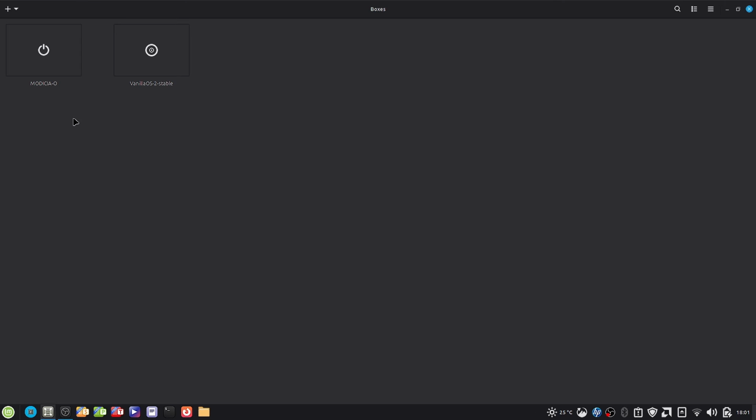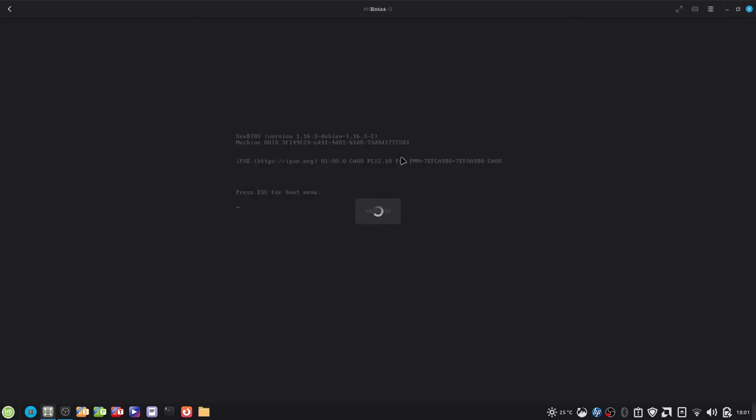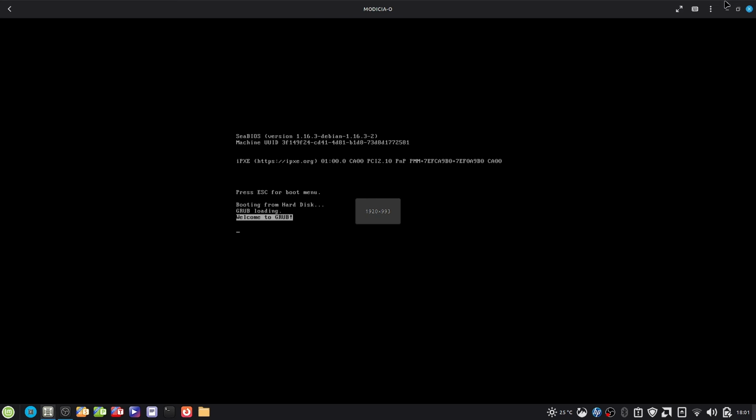So Modicia OS desktop is nothing but the Mac Cinnamon desktop. It is a modded Cinnamon desktop. They have developed the Cinnamon desktop to their needs and created a fork of Cinnamon desktop that is called Mac Cinnamon. Let us test it out along with the features, utilities, tools and applications that are available in